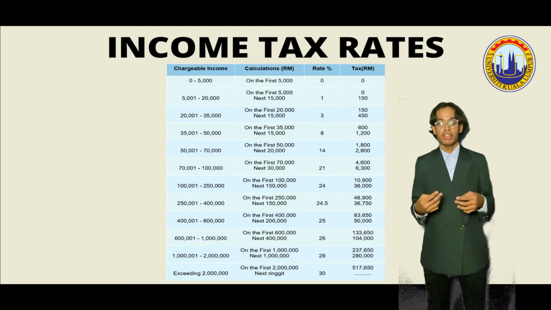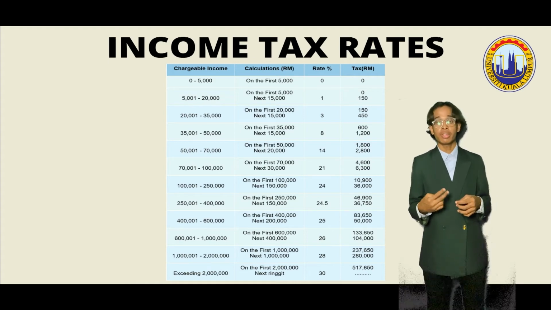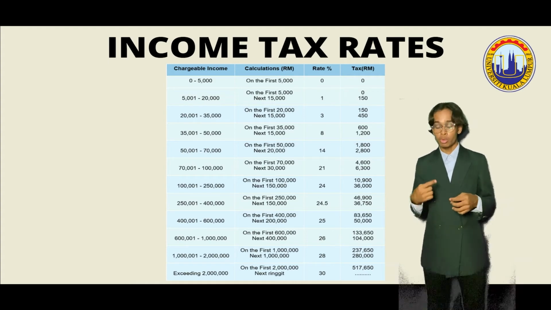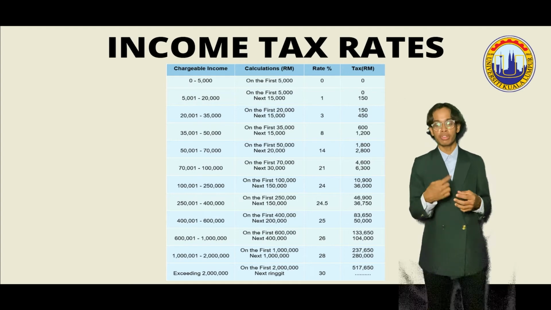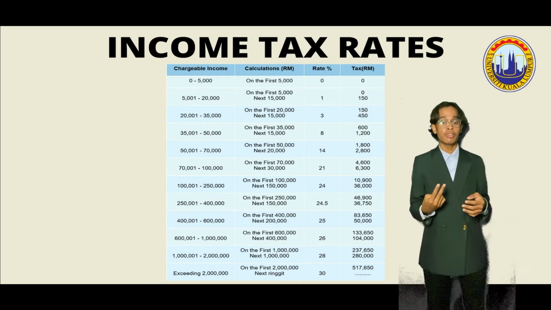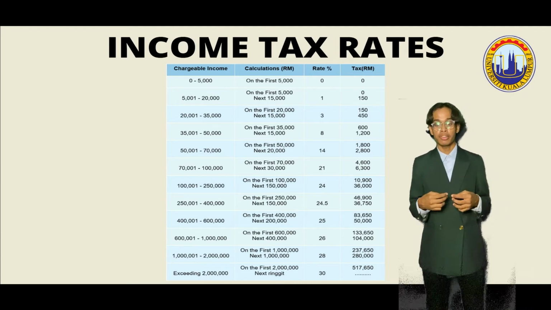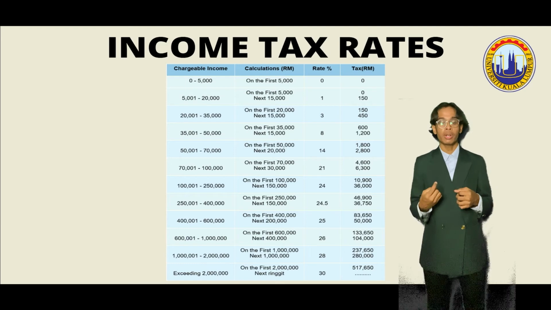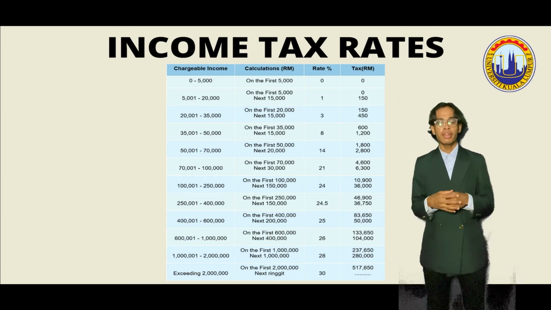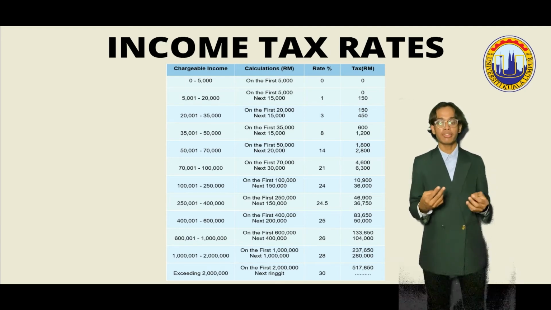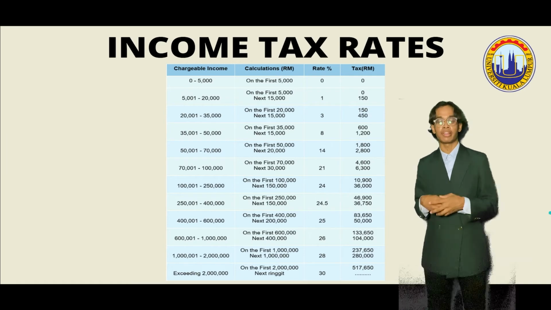Moreover, if the income is 25,000 ringgit, he is included in the category of 20,001 ringgit to 35,000 ringgit based on the table. So the first 20,000 ringgit out of the 25,000 ringgit is deducted and the tax is 150. The remaining 5,000 will be taxed at 3%.